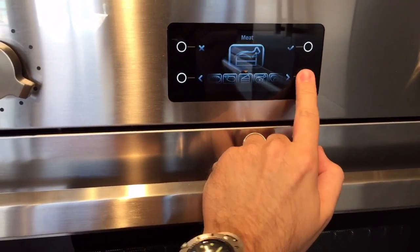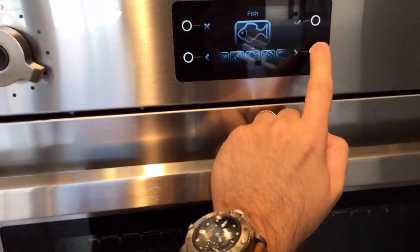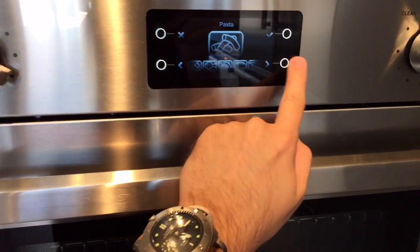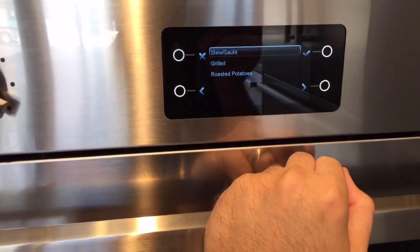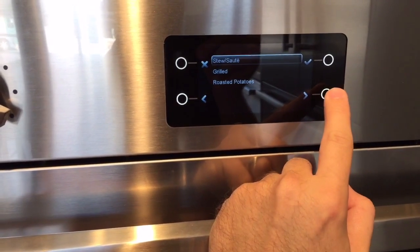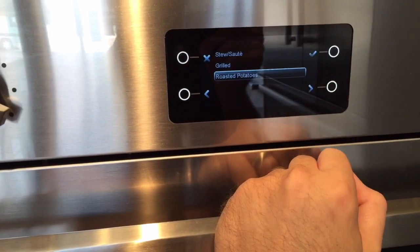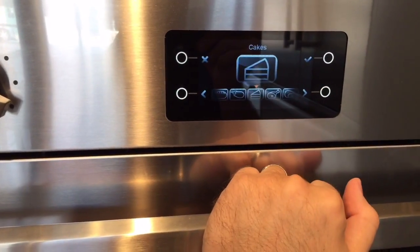There's cakes, there is meats, poultry, even pizza. Obviously you're not going to use the temperature probe for that. Fish, temperature probe for that. You can bake breads, pastas, and it gives you a lot of options. Vegetables, let's see what vegetables. What are we going to do, grill the vegetables, saute them, or for a stew, or do roasted potatoes. That's a smart one. So there's a lot of built-in recipes in this oven that really